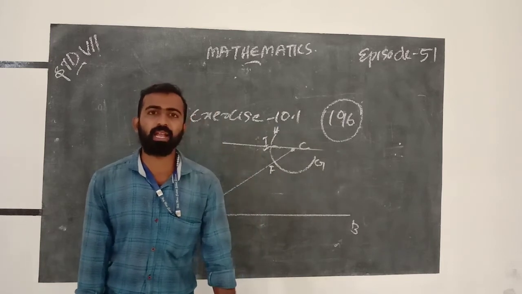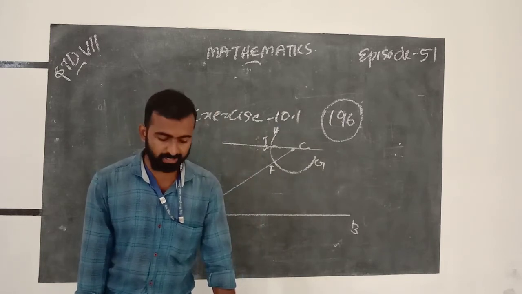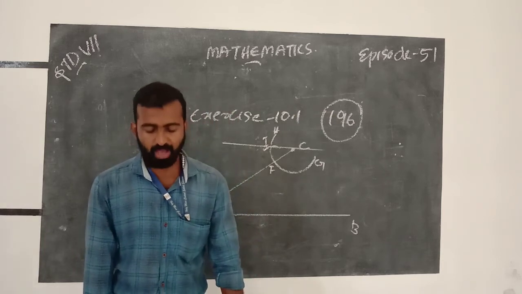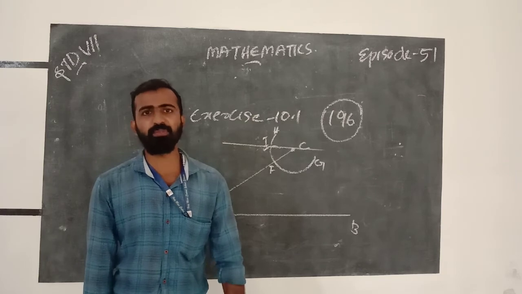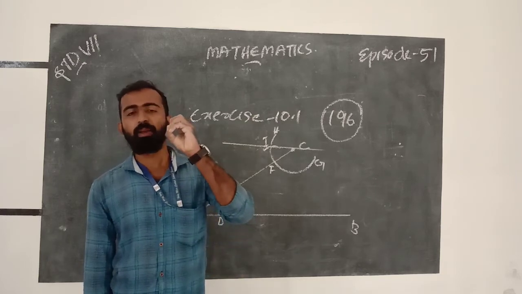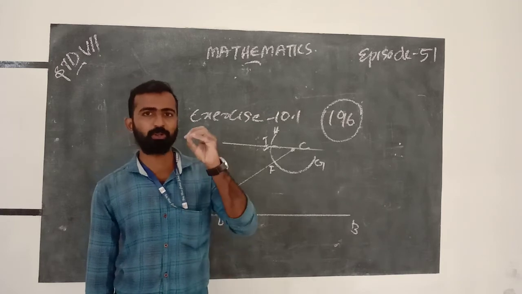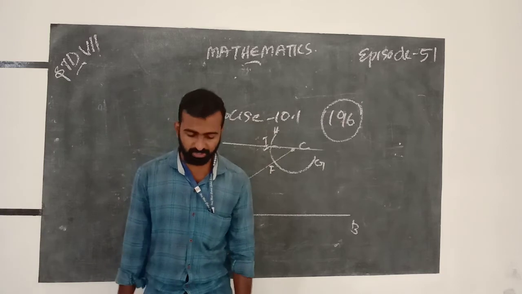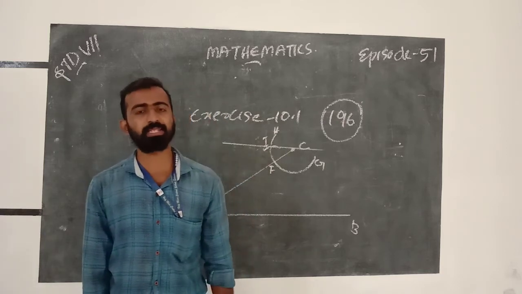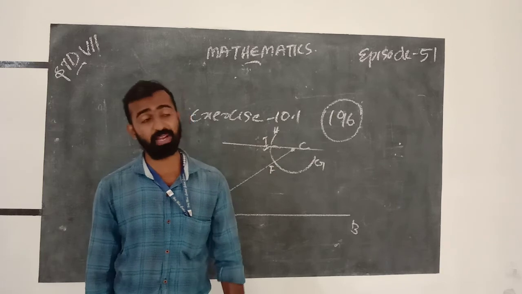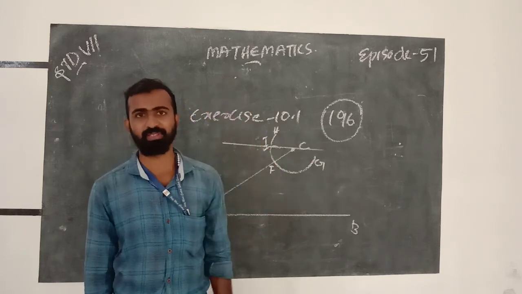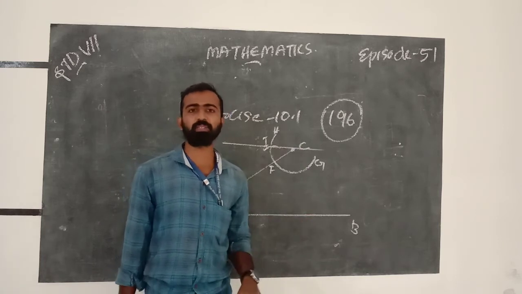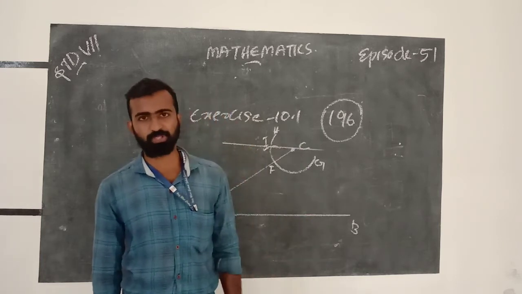We also know the congruence properties. A triangle can be drawn if one of the following measurements is given. When we want to draw a triangle, some measurements are essential. First one is three sides, SSS. We already studied SSS congruence. So when drawing triangles, we must have the three sides' measurements.